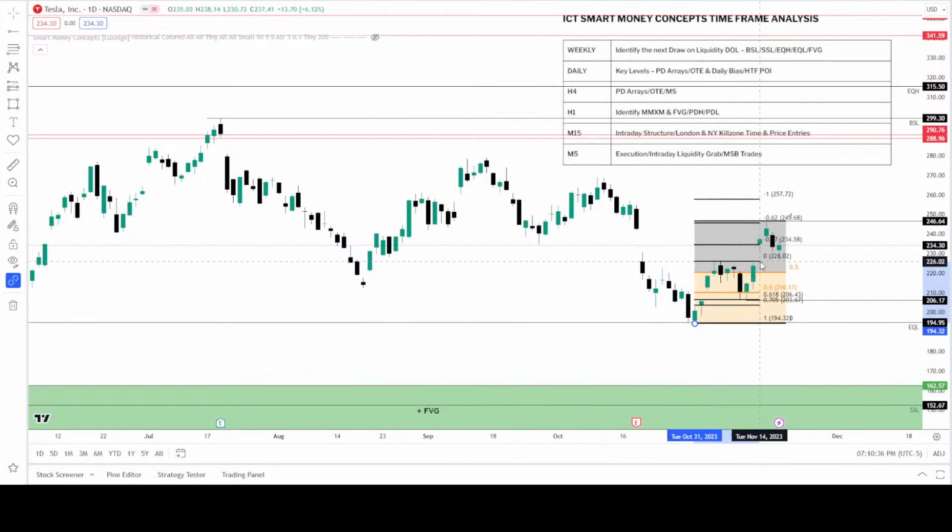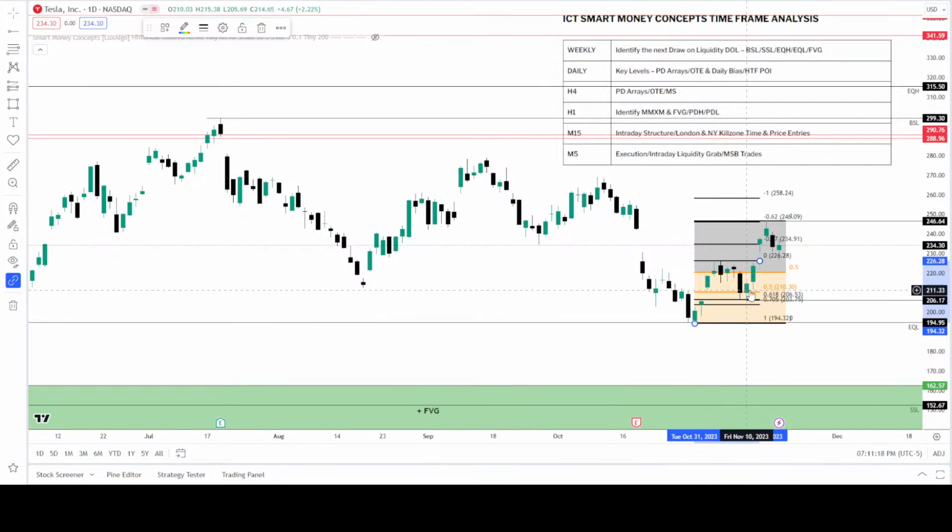And let's see. We didn't quite get back to optimal trade entry, but we did get down into the golden zone of the Fibonacci. And so we will look at that as close enough to optimal trade entry to develop our bias as currently being bullish. So, this move is our bullish move. We saw this come back down and correct and hit a key fib level. Not quite down to the 70.5%, but definitely got below the 61.8%, and then we rallied from there. So we're in a pullback, but we are going to consider this an optimal trade entry, and we'll develop that